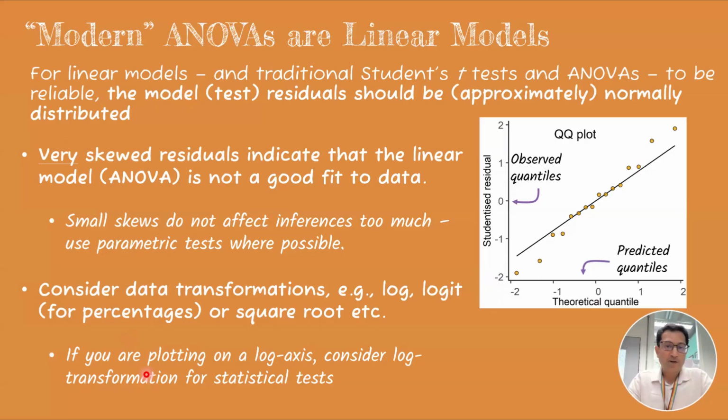And quite often an easy tell is if you're plotting your data on a log axis, for example, if you're doing RT-PCR, or if you're measuring colony forming units or plaque forming units in bacteriology or virology, you probably should be transforming your data with log transformations because your data are log normally distributed, right?